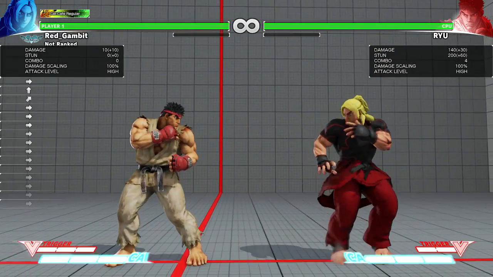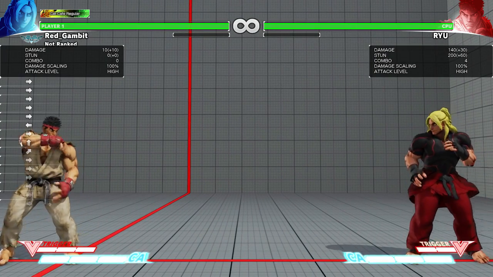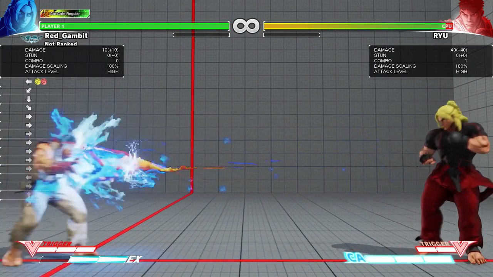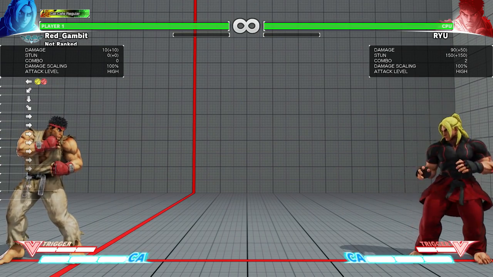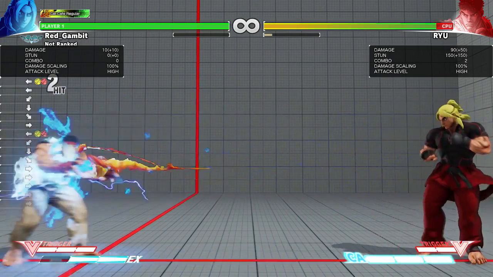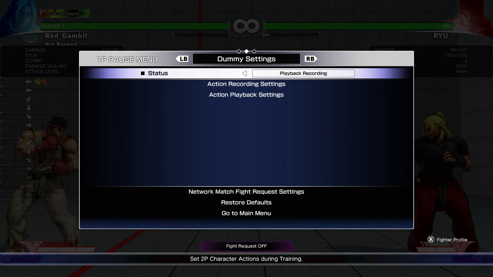EX versions do different things again, so we'll talk about those now. Let's talk about the Fireball. Fireball starts up faster, so it has faster startup. Basically it does more damage and it does 2 hits. Not a huge difference, but it will do 2 hits. So if you have a Fireball war with your friend over here,